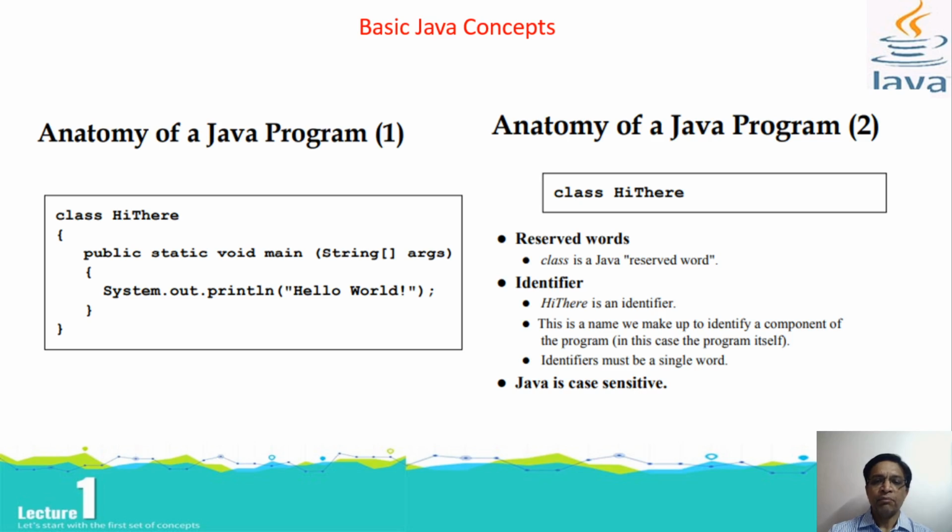As you have your name, by which you are identified, in the same way every part of the Java program has to be given some name by which it is identified, right? So here the class has been given a name, hi there, and we have, say, the statement to print the message something, right? And Java, again, a very important thing which I mentioned here, is case sensitive, so you have to be very particular while writing your program.